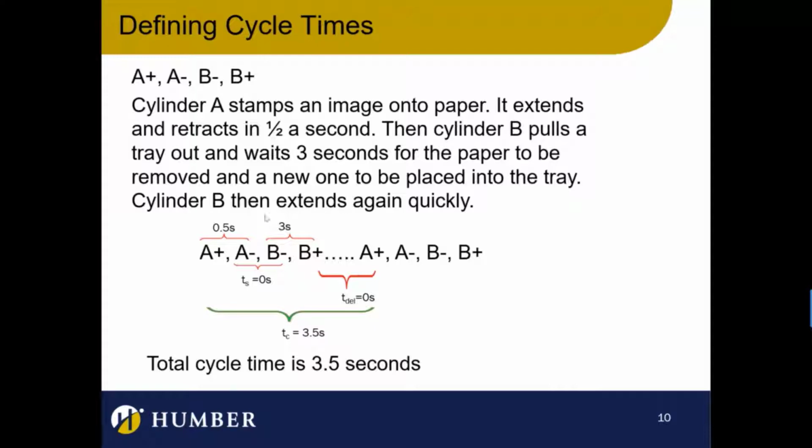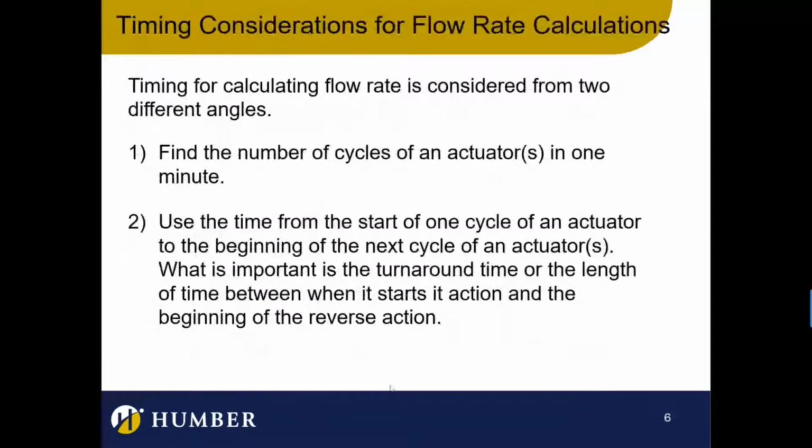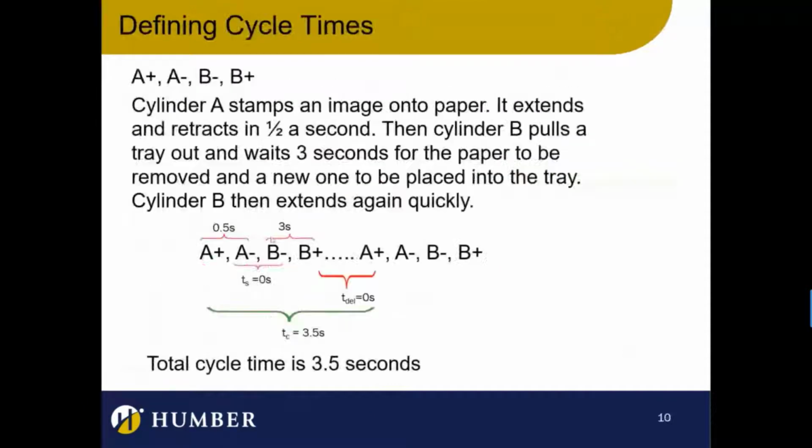Now, if it did discuss, it waits for a certain amount of time before the next cylinder makes the next action, then you can put that delay in there. You could put a delay in here, but it's not discussed. So we just say there's 0-second delay. Then it says that this happens, it extends and retracts, and it takes 3 seconds. Now, as far as the turnaround time,